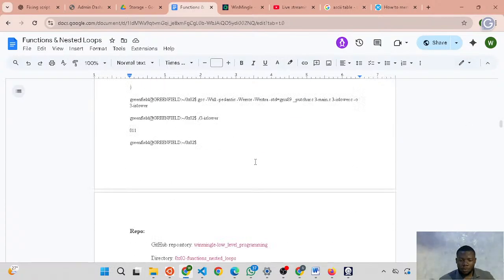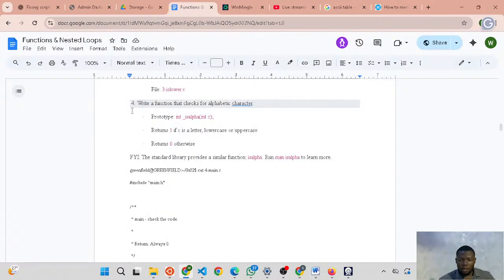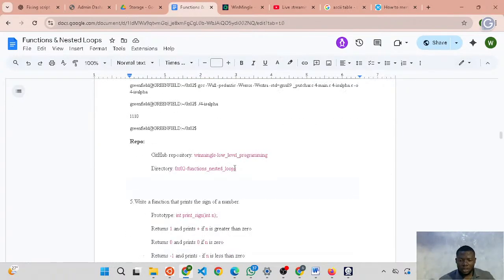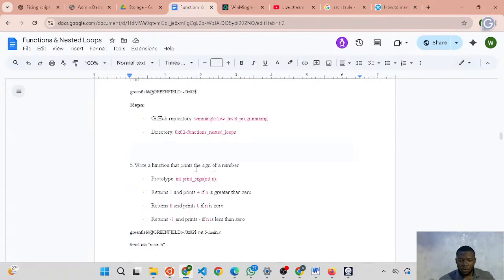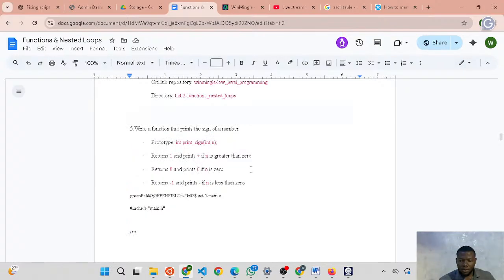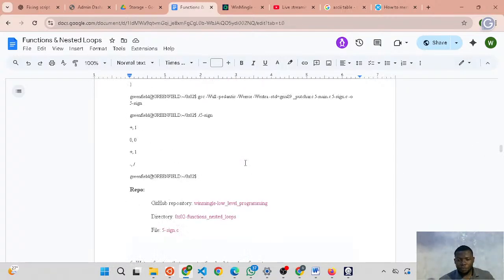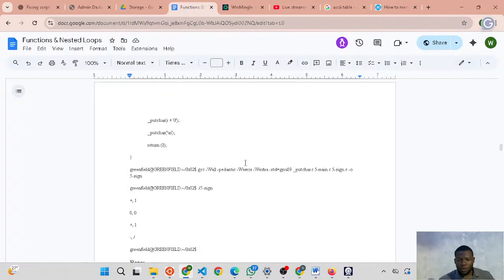Question 4, where is it? Write the function that checks for alphabetic character. I think we did this too in the last class. So you don't have much of an issue. Write a function that prints the sign of a number if it's positive or negative, and if it's zero. We did this in the last class. And the next one says